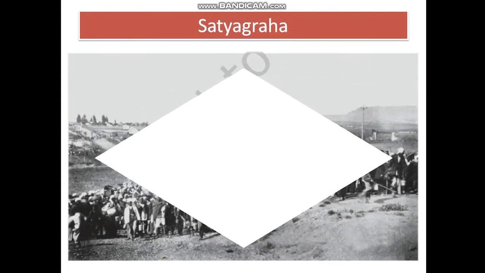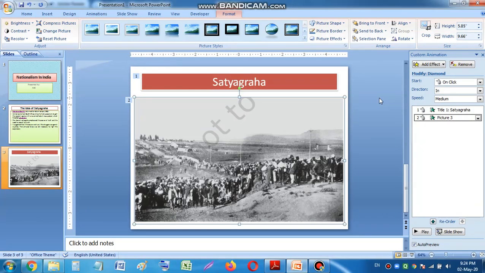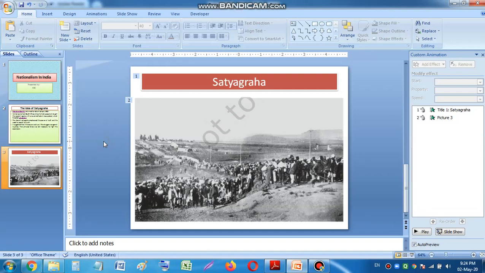You can see Satyagraha is coming like this, then clicking like this, the next image has come. So we can develop presentations like this with images, or with videos, or with audios also. You can include audios also. And then I press the escape key again, so that I get back to the screen. So from here I have shown you, you can copy the image from the net also. I showed you how to copy the image of Mahatma Gandhi and use it in your presentation, and there are more things that we can include.